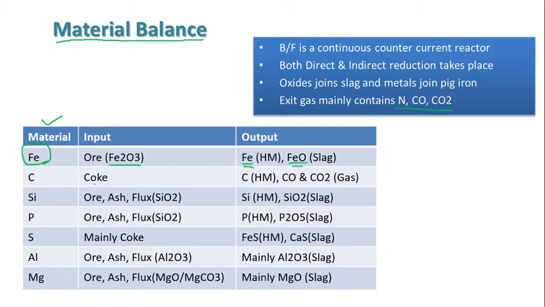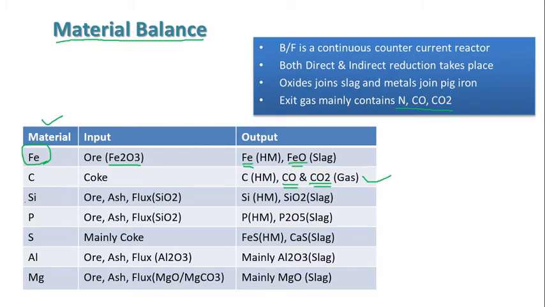Likewise, the source of carbon is coke, and it goes to the liquid hot metal as dissolved carbon, which reduces its temperature and is called the inactive carbon. The active carbon part takes part in the reduction process and produces carbon monoxide as a reductant, and after reduction it forms carbon dioxide, so it will be in the form of carbon monoxide and carbon dioxide in the gaseous phase in the blast furnace gas.